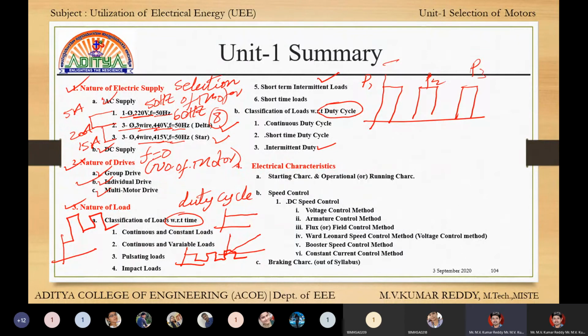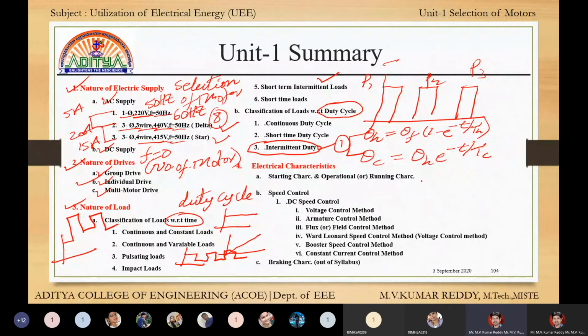The derivation for this one is the first derivation in Unit 1. We already know that theta H is equal to theta F into 1 minus e power minus T by tau C. This is the heating, and next one is cooling: theta C is equal to theta H into e power minus T by tau C. This is the second formula. Using these two formulas, this is condition 1.